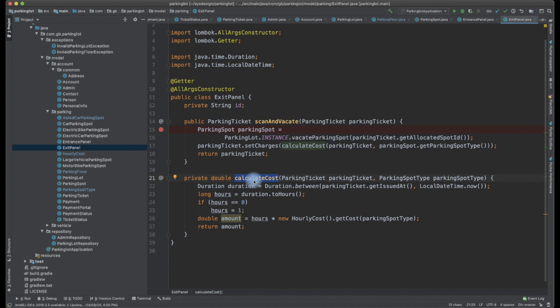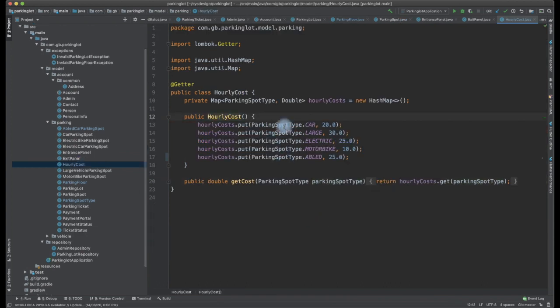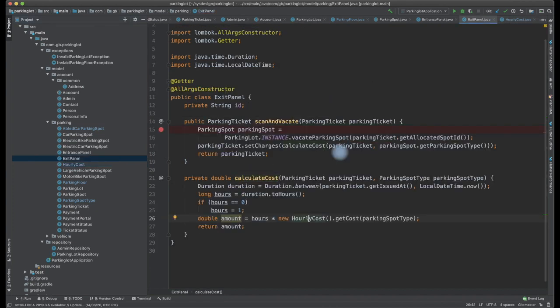We can have different calculation logic for car, hourly charges, monthly charges, or whatever it is. I am going to tell you only one hourly cost, and it is a map which says that for car the fixed charge is this, for large vehicle this is the charge, and electric, motorbike, and disabled all have only fixed charges.